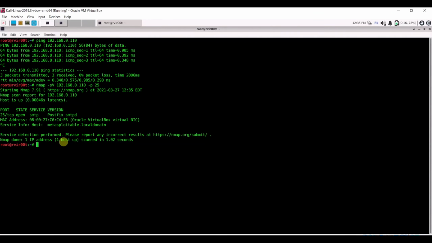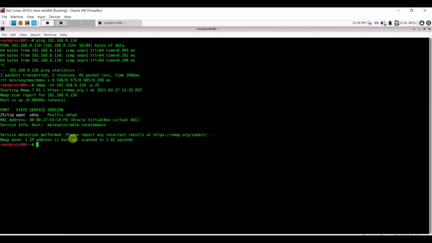So again, we have the SMTP port open, and the version is Postfix smtpd. For version enumeration, I already discussed it in my previous session. If you find any version related information, you just search it on Google, or you can even use searchsploit to identify information related to exploits, vulnerabilities or CVE details. You can do all these things if you find any version related information. You have to check whether that version is vulnerable or not. You can just search it on Google.